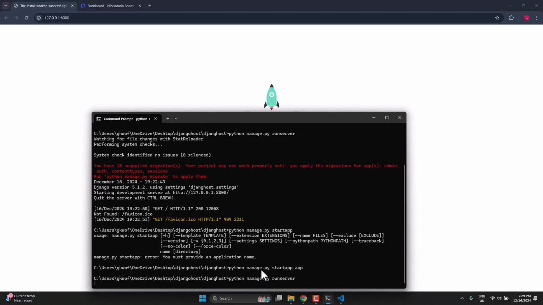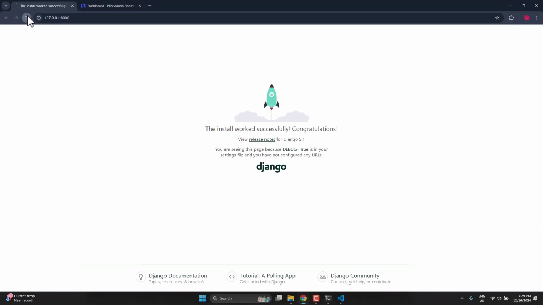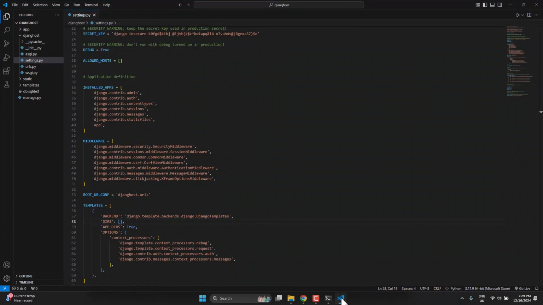To run server, and if I refresh the page, it's still the Django listing. So I need to set it up such that it will take our HTML files. So the first thing is you have to come to the DIRS, okay, and then you put BASE_DIR here